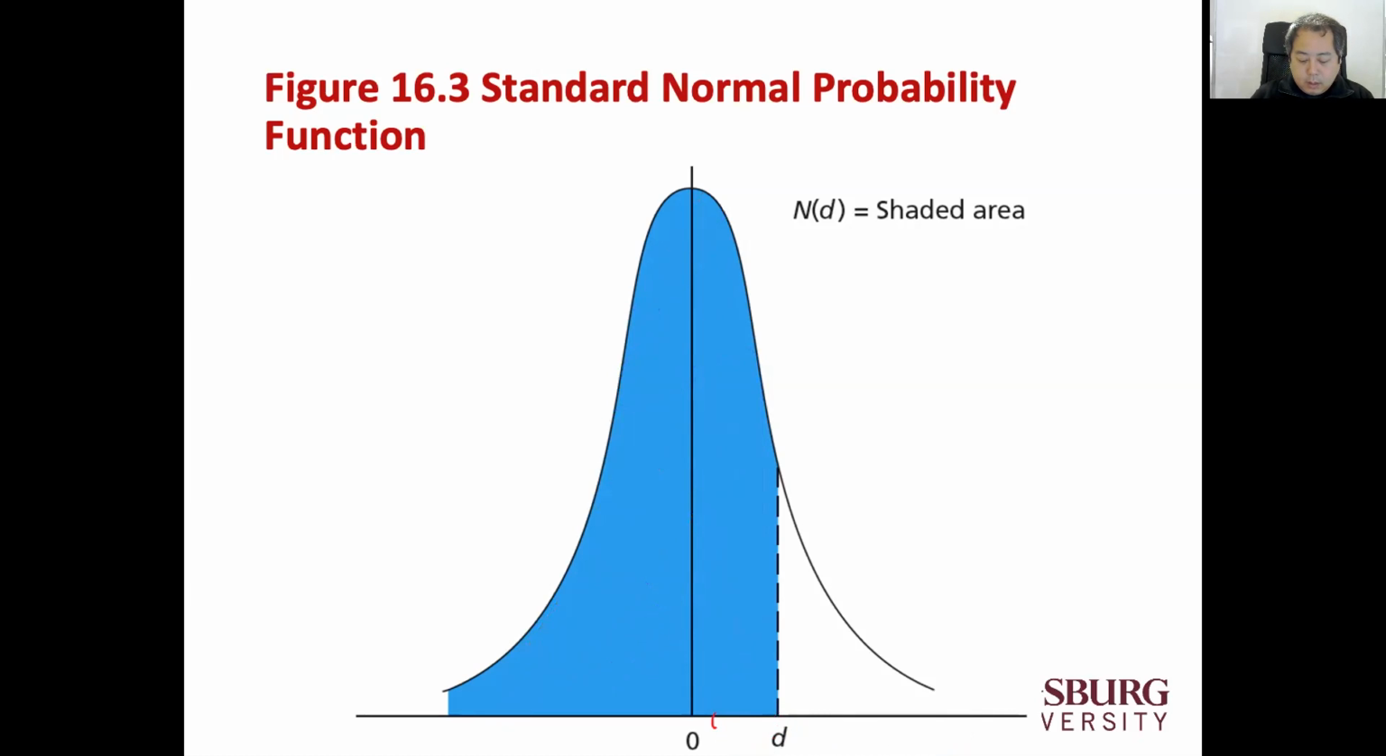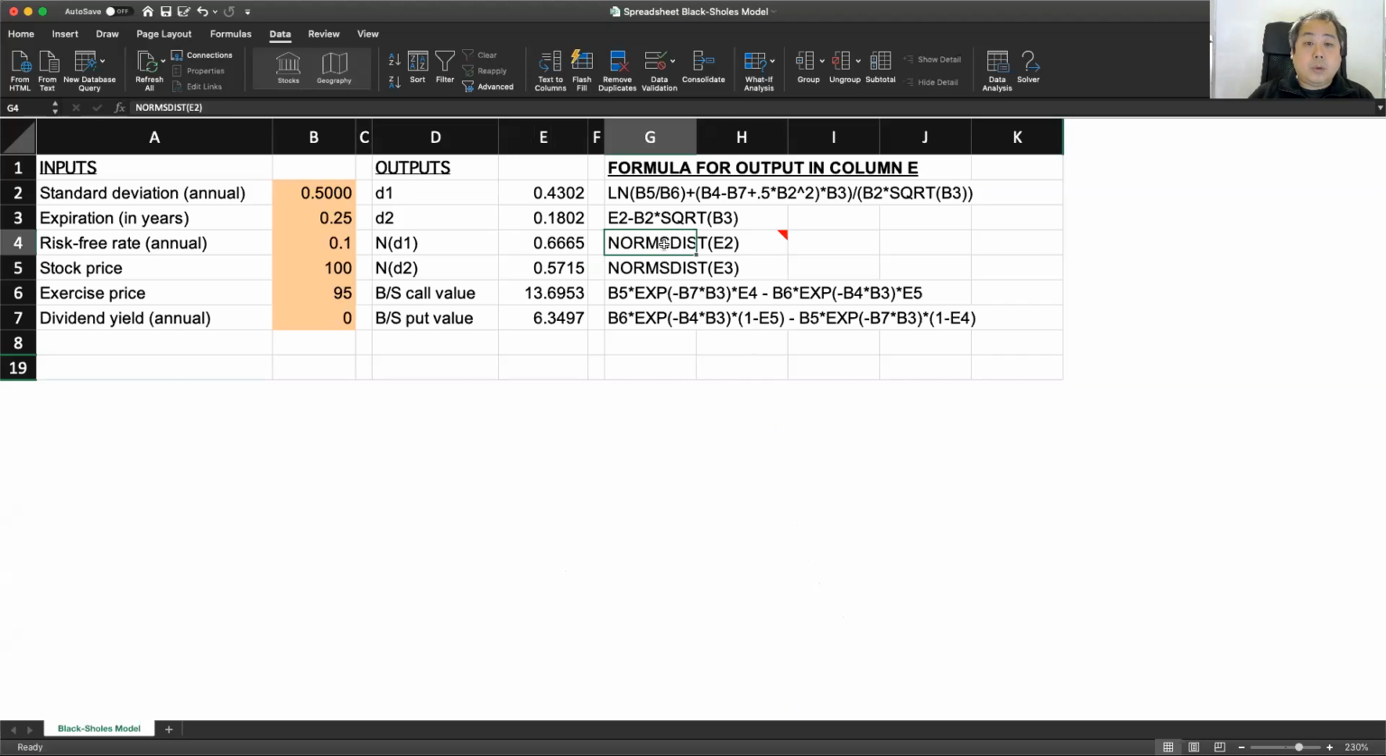Okay. So go back to the spreadsheet. We can use simply NORM.S.DIST, which is the cumulative distribution of the standard normal distribution, of this d1 and d2. The d1 is 66.65% and d2 is 57.15%. We calculate it, right? And then what we need to do now is